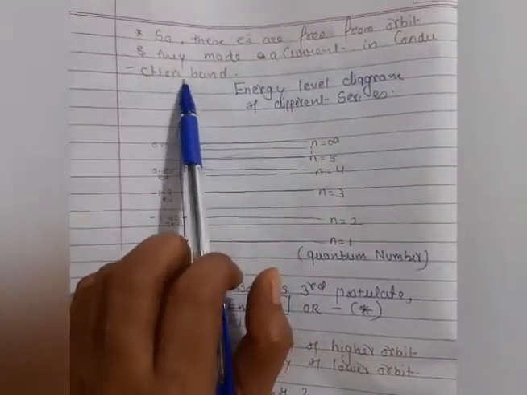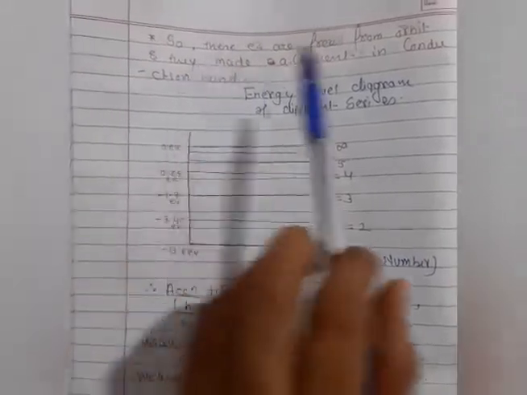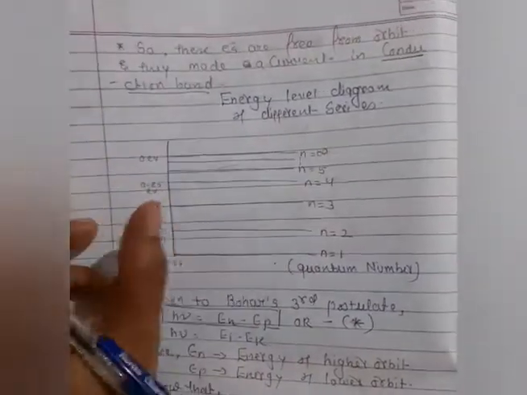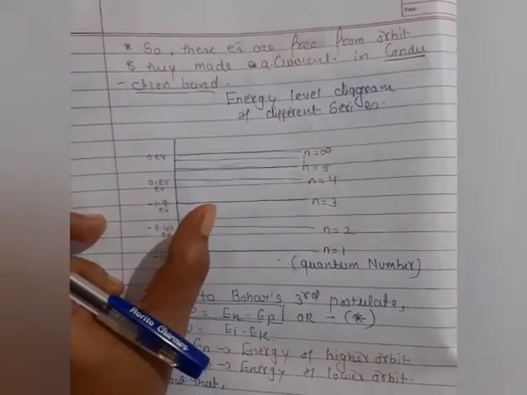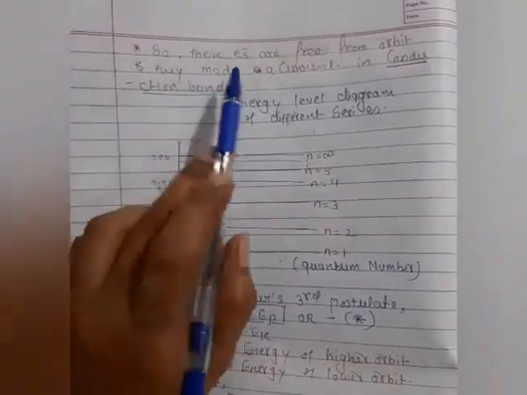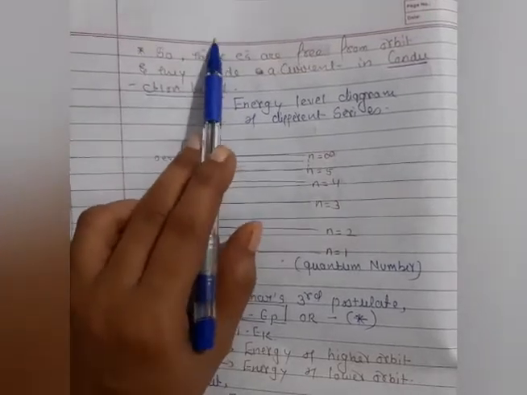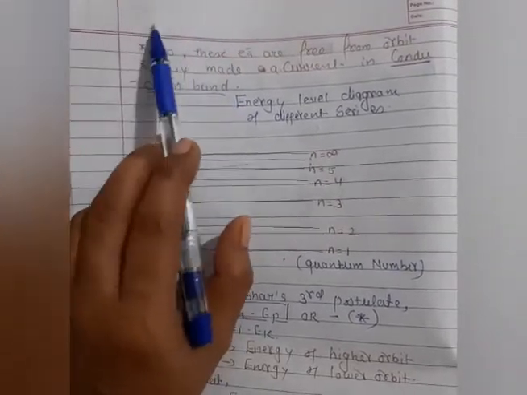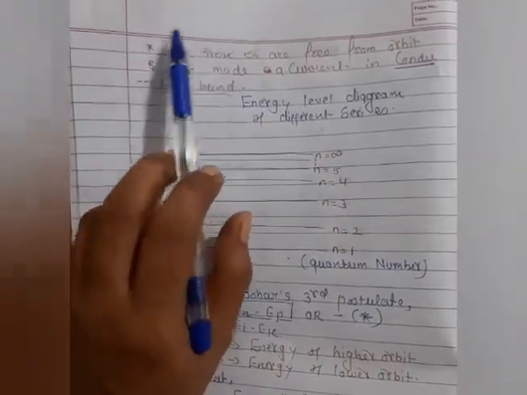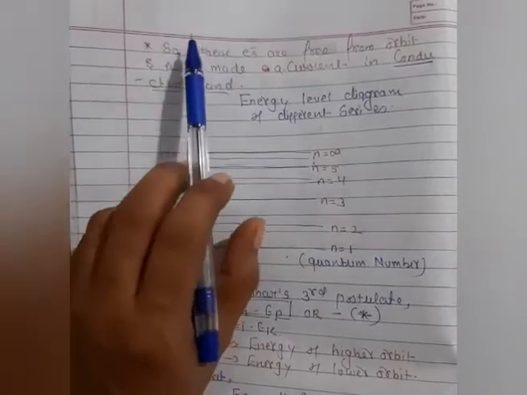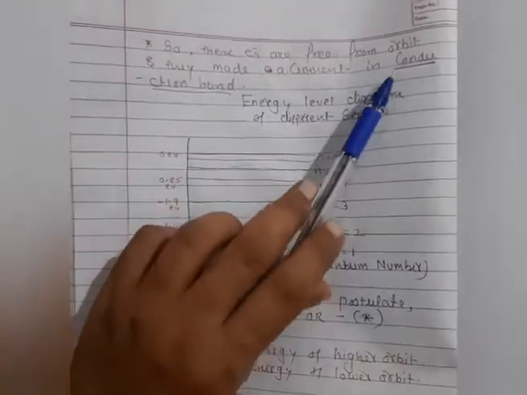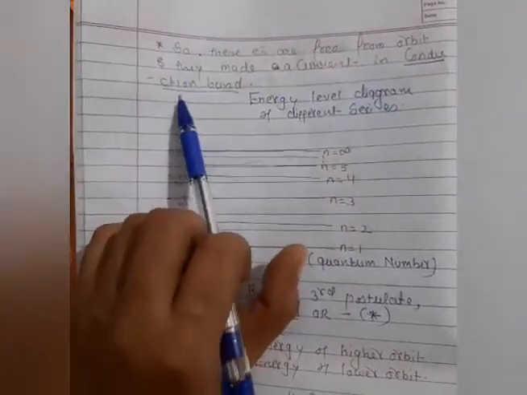And the last orbit, as you know very well, has high energy, so this is known as the conduction band. As I have already explained, the first orbit has less energy, lower energy band, and this is known as the valence band. And the last orbit electrons are free and getting external heat, so these electrons are moving in random directions. When an electric field is applied around the gas, the electrons move in some direction. That's why they produce the current there. That's why we call the higher energy band the conduction band.